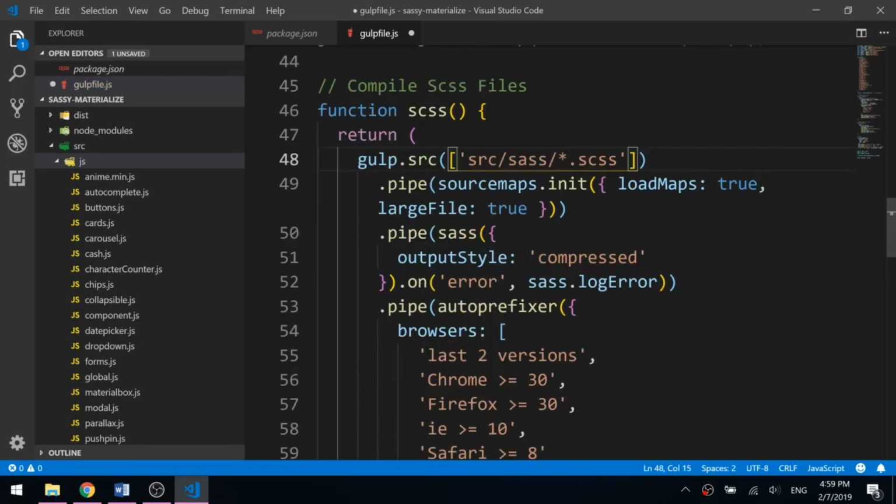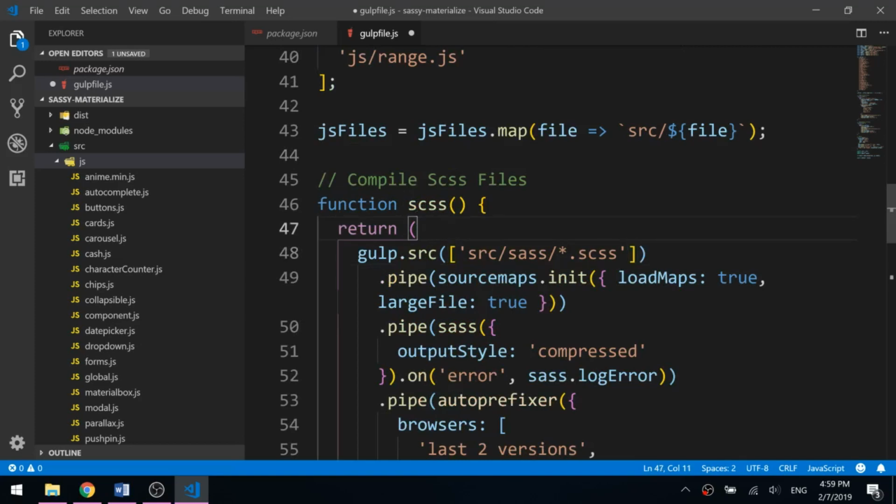And it's going to be this whole line of tasks we're going to return. So we're going to return, what we do in Gulp is we first specify the source. So we say gulp.source, and it takes in an array of paths of files you want to target. We just want to target all the Sass files. So we say source slash